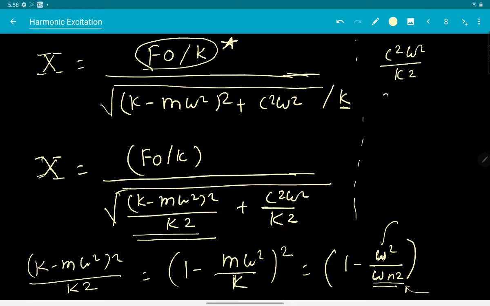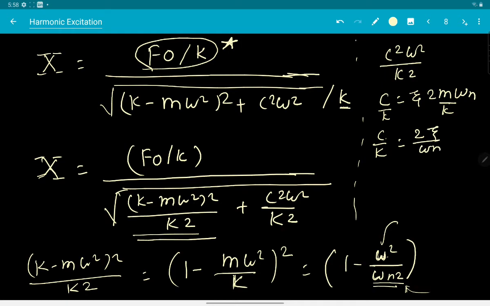Now you know what is cc is. We already have expressed c in terms of cc as xi times cc, and cc is what? 2m omega n. Okay, if you divide by k to this c, then you will be dividing this side as well by k, and m by k is what? Omega n square. Okay, so you have omega n in the numerator, omega n square in the denominator, hence c by k will be, 2m won't be there, 2 xi divided by omega n.